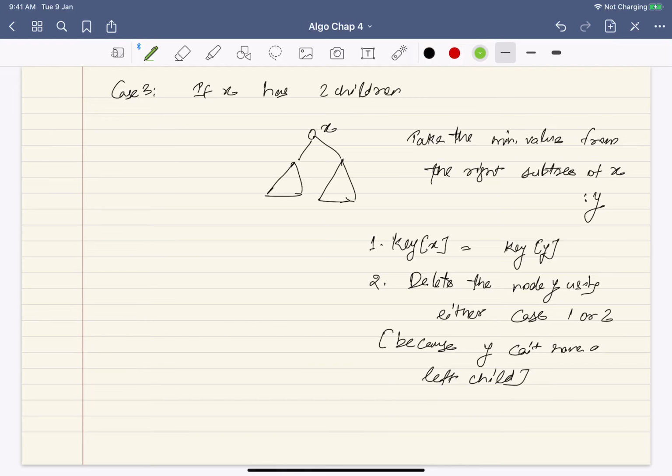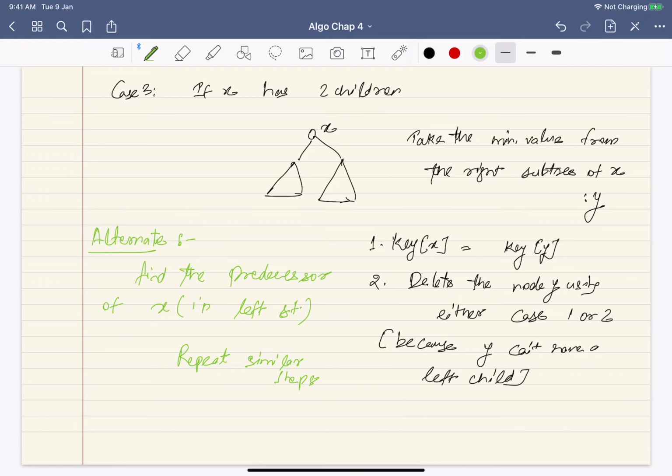Now some of you might say I can actually do it in another way also. What is the alternate way? I find the predecessor of x, which will be in the left subtree, and you can repeat the same steps, just change left with right. Repeat similar steps, and that is your delete. So BST delete is a bit more complicated, has 3 cases, but finally it works. At most twice you will have to do the delete.